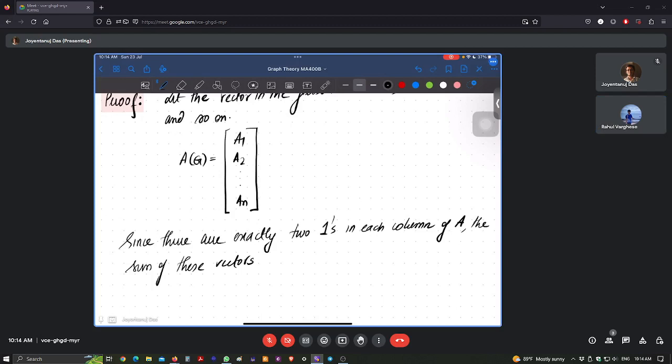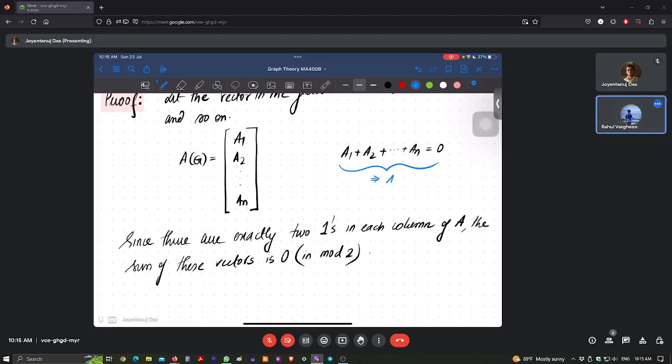Sum of these vectors is zero in modulo 2. Okay. So since the sum is zero, we can say that these are not linearly independent, right? So what I'm saying is a1 plus a2 plus up to an is equal to the zero vector, right? Because we are considering modulo 2. So from here I can say that this collection ai is not linearly independent,